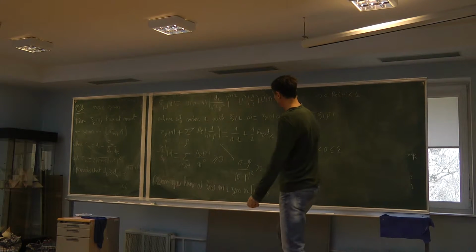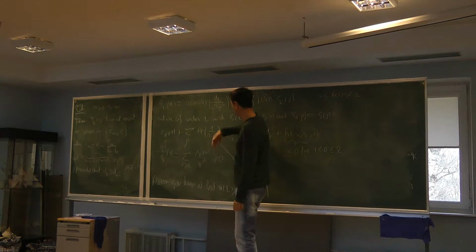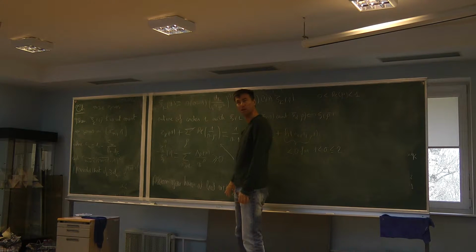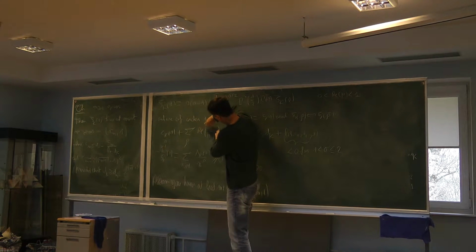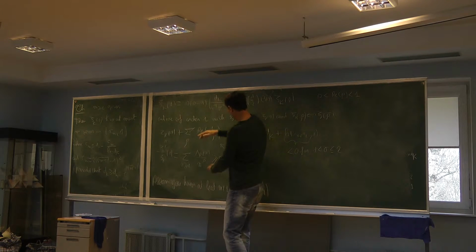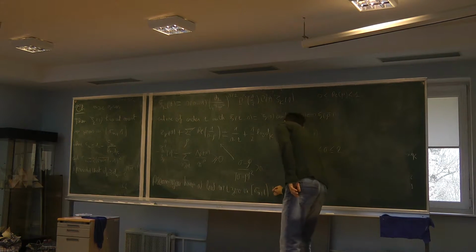So you forget about everything except for all the zeros you have here. For these zeros, it's very easy to see, so they are real, so you don't care about the real part. And this one is greater than, so you have to take the smallest one. Okay? So you get